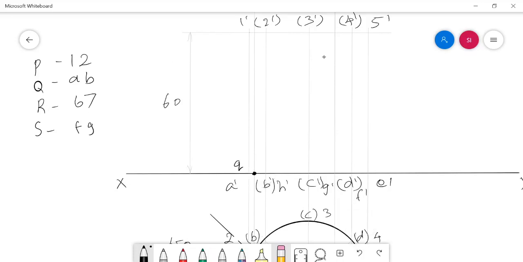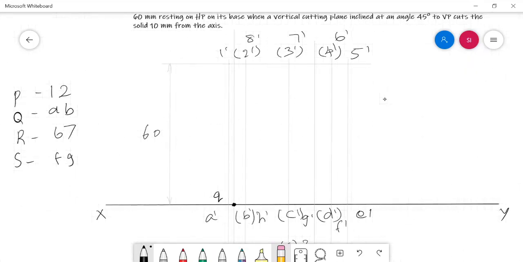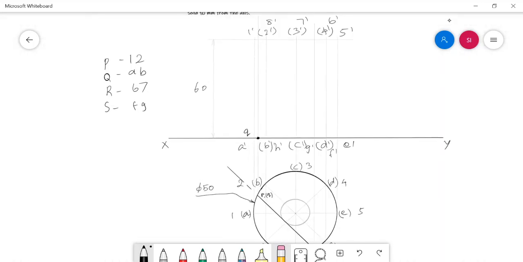Use smaller indication points for this purpose. Then the same projector intersects the arc piece 1 dash 2 dash in this part, so I need to mark the cut point P here. Both of them should have the superfix of a dash since it is a front view.